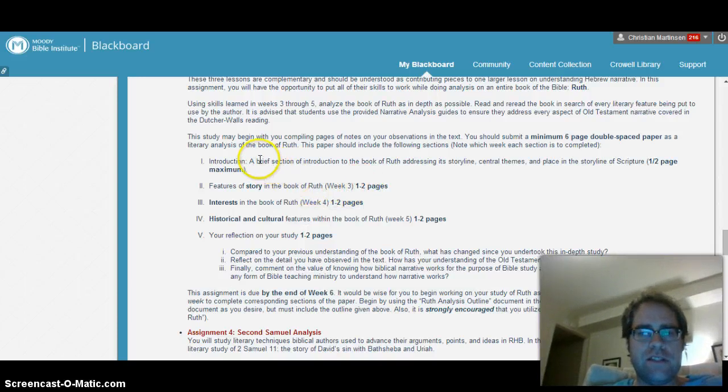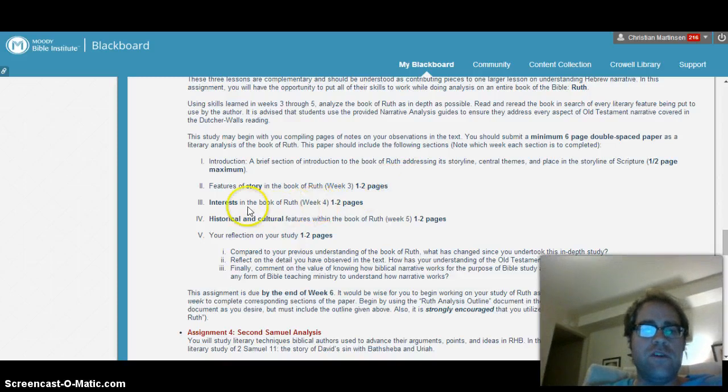By the way, the intro doesn't give you which week to do it. Go ahead and do the introduction and the features of the story of the book of Ruth here in week 3, okay? So you're doing the intro and the features of the story here in week 3, and that's going to be about a half a page on the intro and 1 to 2 pages on the story piece.